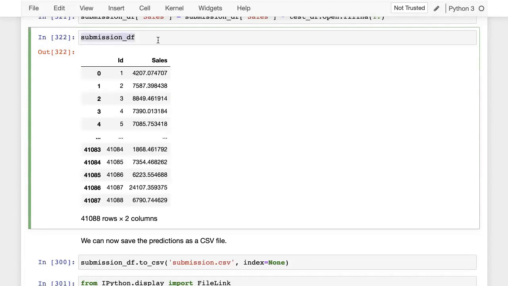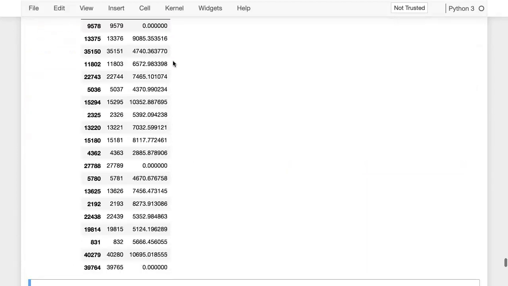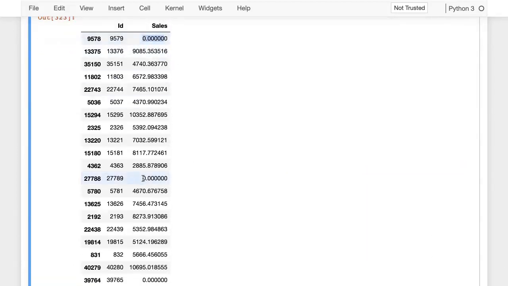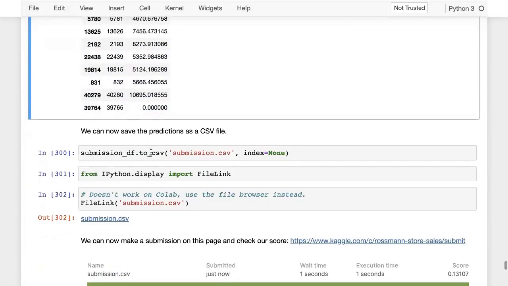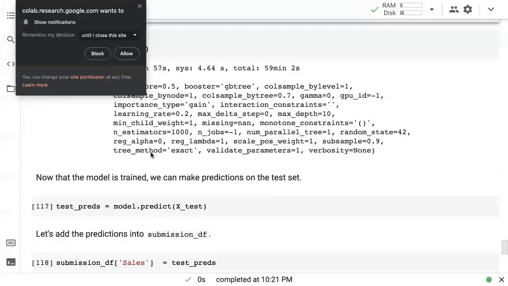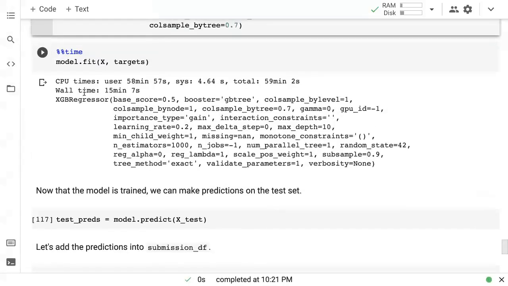And you can see it if I just check the sample, let me see, sample 20, you will see that you have zeros in certain places. And these zeros have come by multiplying the value of open. Okay, I think we have been able to train the model here as well.